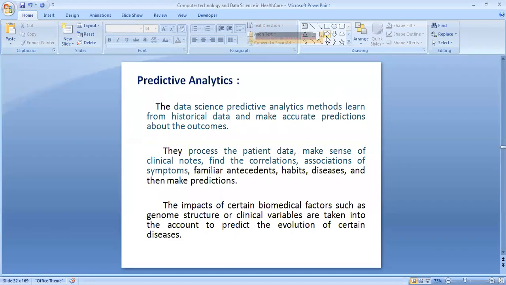So again, this is a predictive analysis which we are talking about. So you are going to get information on what would be the manifestation of a particular disease, how it is going to show up in a patient, what are the treatment modalities which will be useful, and what are the diagnostic modalities that will be useful in accurate localization of the target. All those are going to be combined so that we go into predictive analytics.